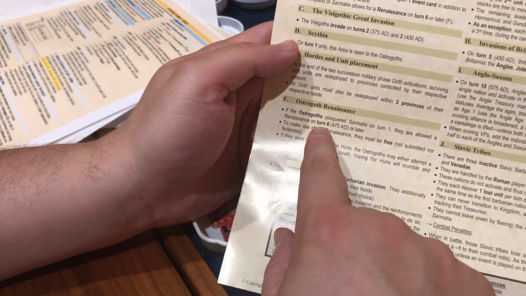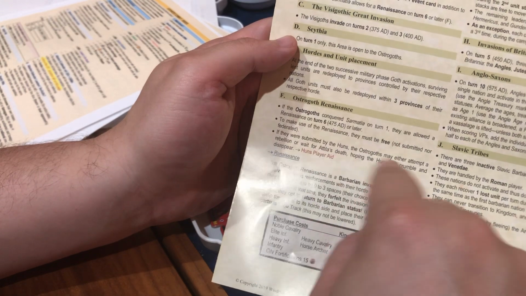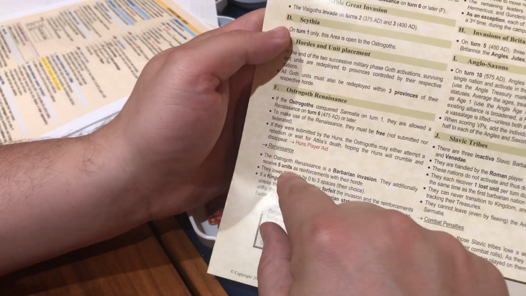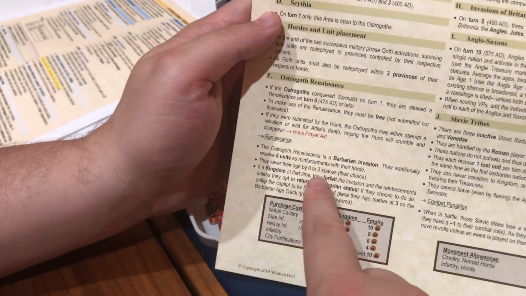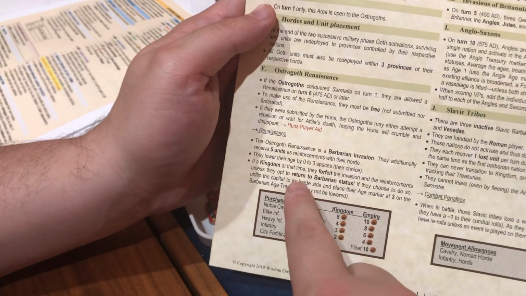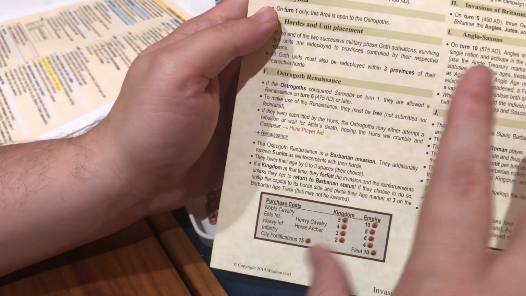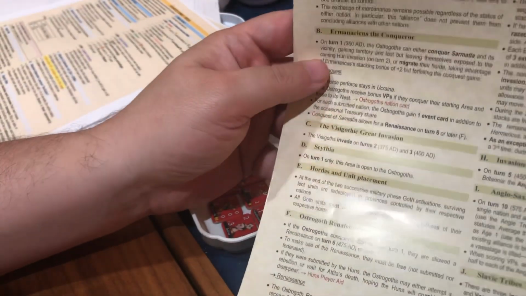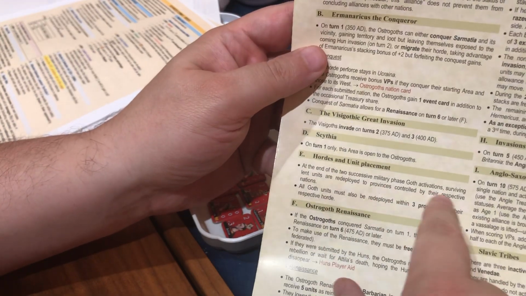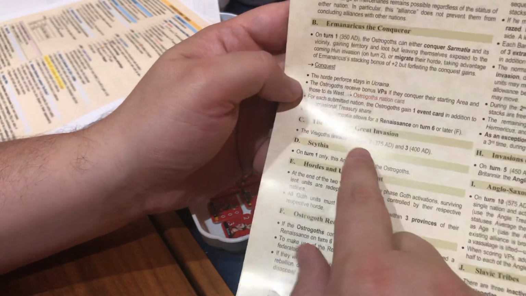And they get a Renaissance if they conquered Sarmatia on turn 1. They're allowed a Renaissance on turn 6. They must be free if they were submitted, and it's a barbarian invasion. They get 5 extra units. They can lower their age by 3 spaces. And if it's a kingdom at a time, they can flip back to barbarian status. So that's the idea of the Renaissance, but you have to take Sarmatia on turn 1. All Goth units must be...